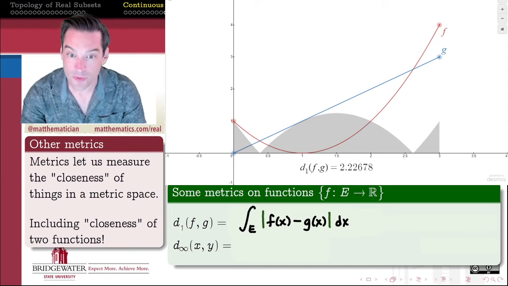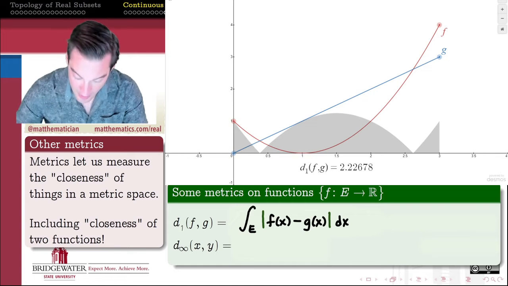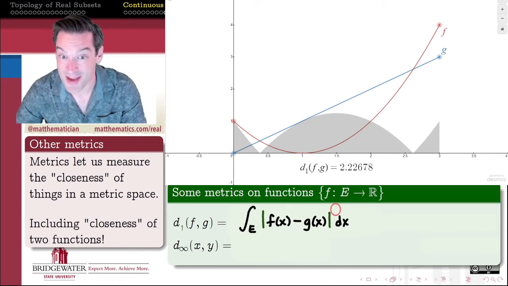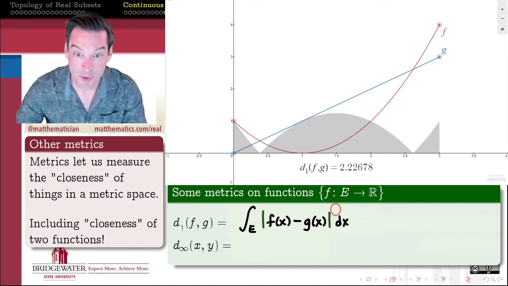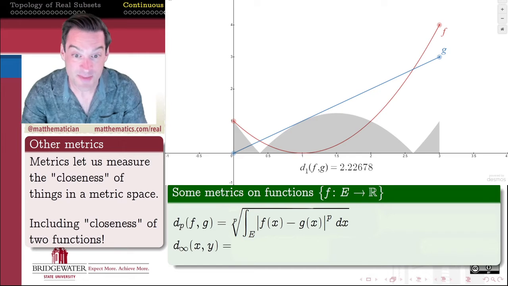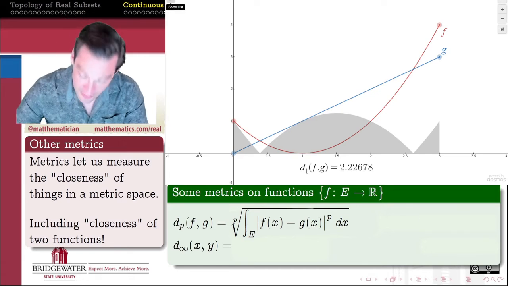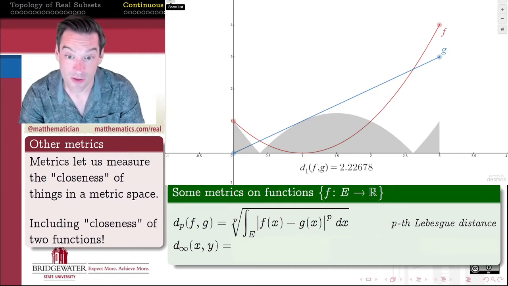But of course, it's not the only way for us to measure metric distance between 2 functions, because we might also consider this hidden exponent on top of my absolute value of the difference of f with g, and tweak that exponent around. If I put a p exponent on top of that, and I put a pth root on the outside, then what I get are a family of metrics on functions that are called the Lebesgue metrics,